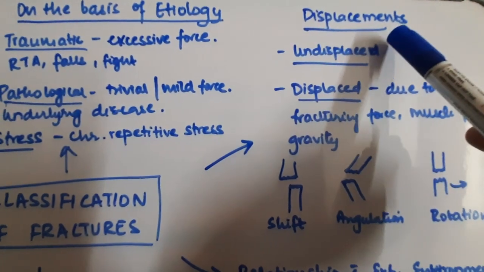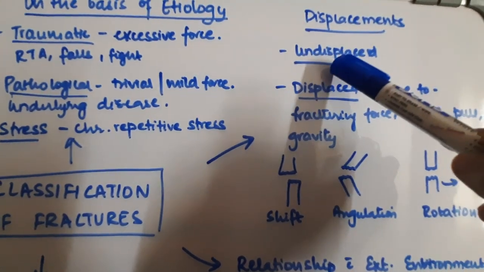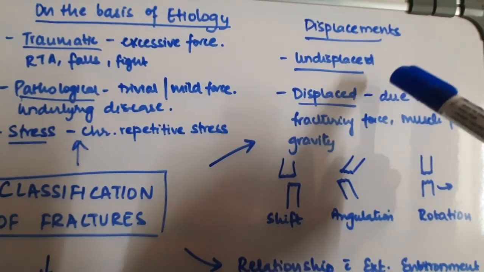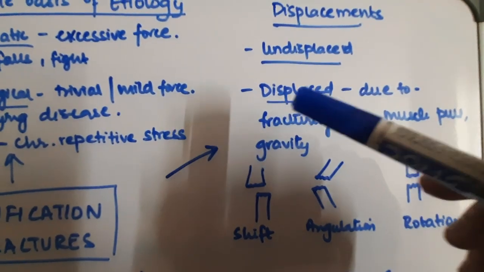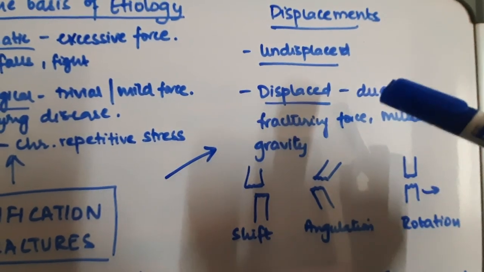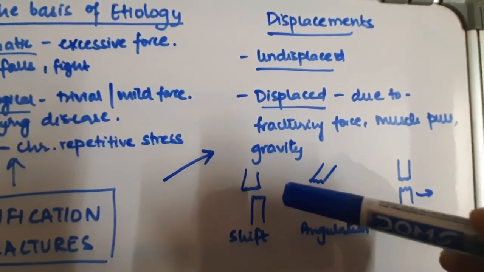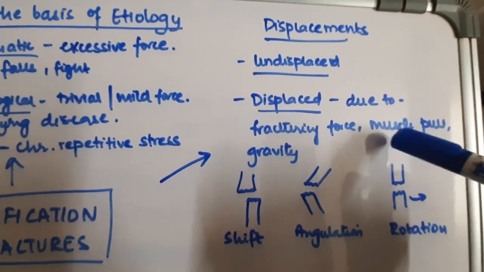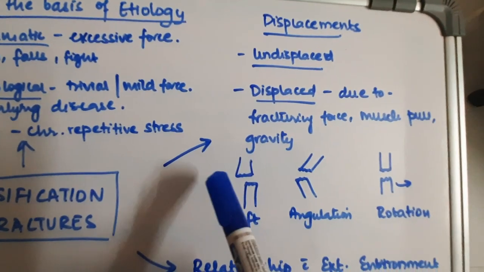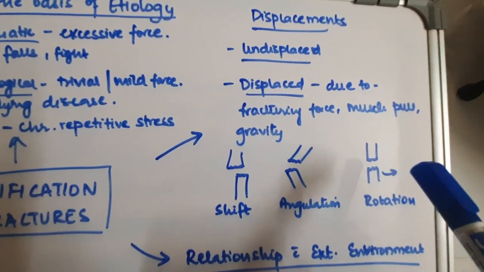On the basis of the displacement, the fracture could be undisplaced or displaced. Undisplaced means that the fracture fragments more or less remain in the anatomically same position. Whereas in displaced fractures, the fracture fragments get separated from each other. This could be due to the fracturing force, which may pull or push the fragments away. It could be due to push by the muscles as well as due to gravity. The types of displacement could be a shift, an angulation, or a rotation of the fracture fragments with respect to